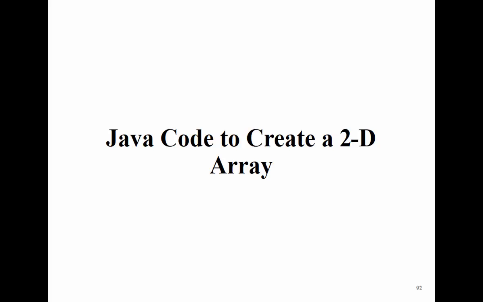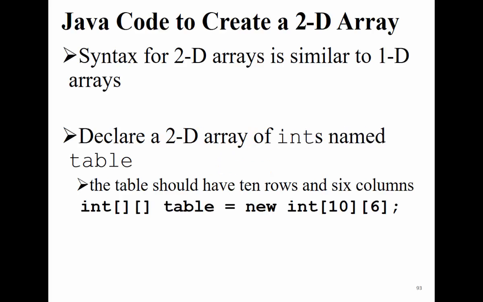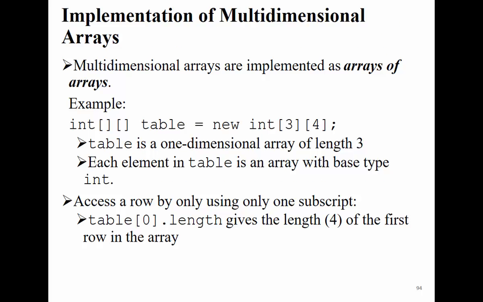Now, what is a two-dimension array? We have the ability to create a two-dimension array in Java. So we have to define now not only one square brackets, we have to use double square brackets. So you can see here int, square brackets open and close, then table equal a new int, and we give the length: 10 rows, and each row has 6 columns. So a multi-dimension array we can do in Java, but we have to make sure that we are following the syntax.